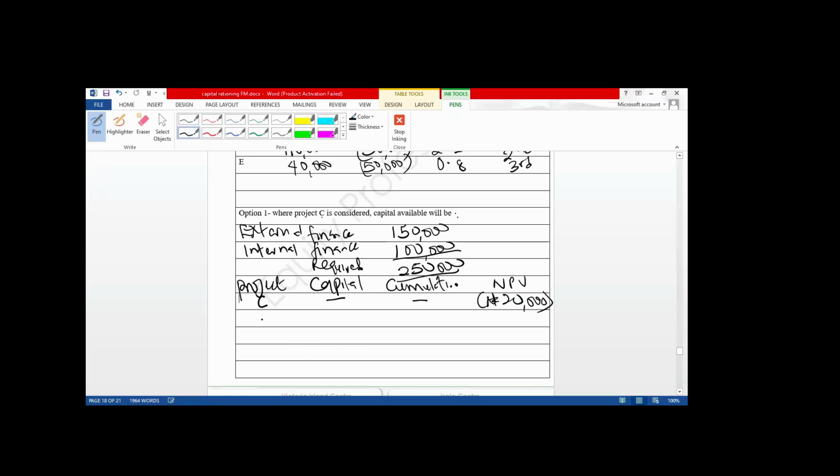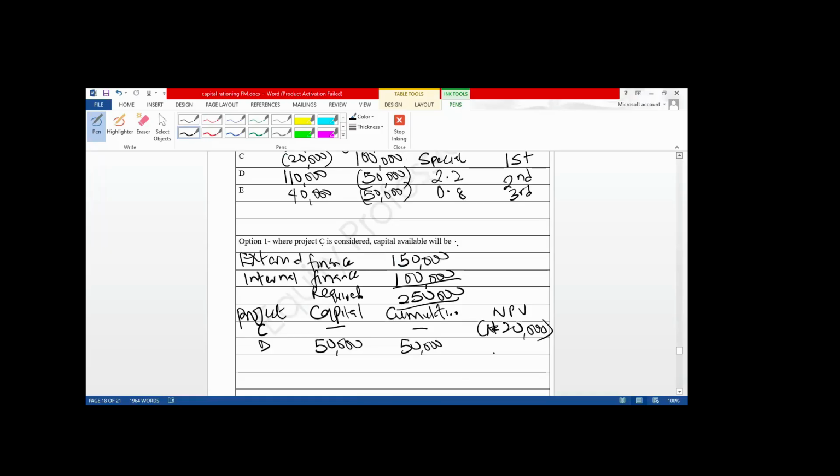Followed by project D, capital required 50,000, cumulative 50,000, NPV of project D 110,